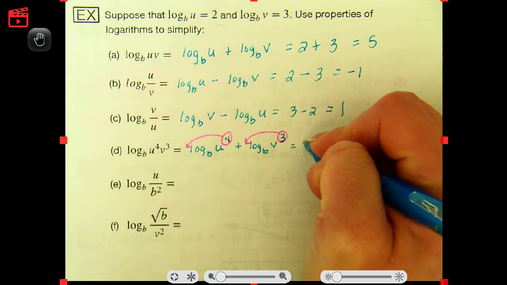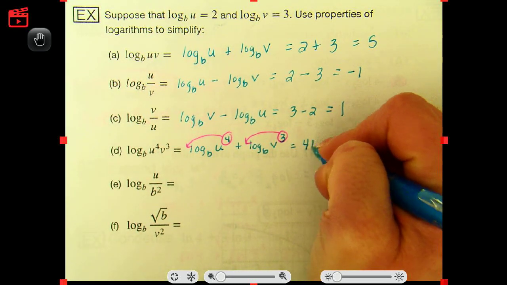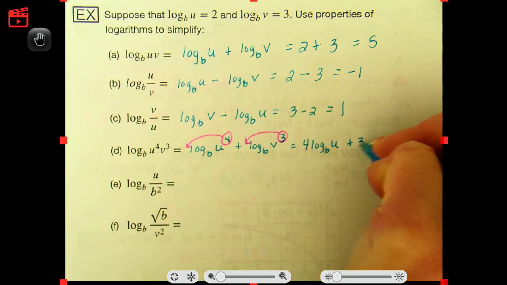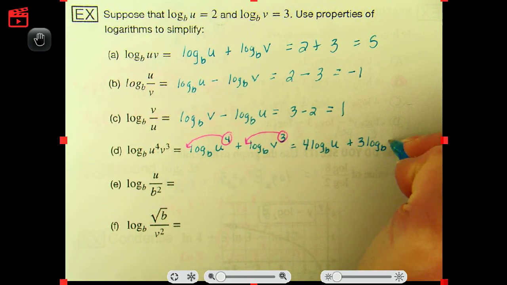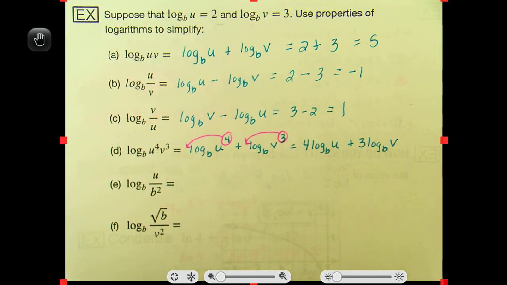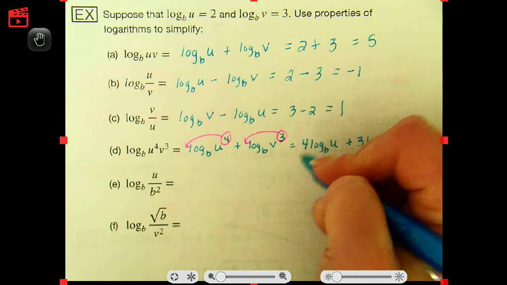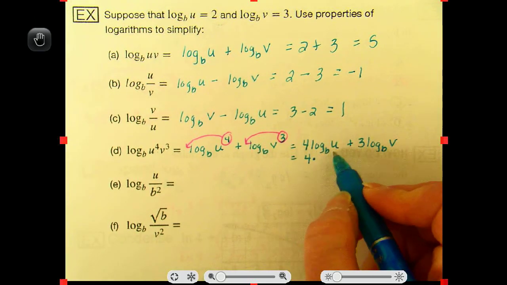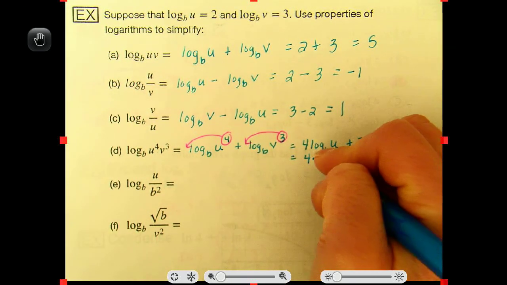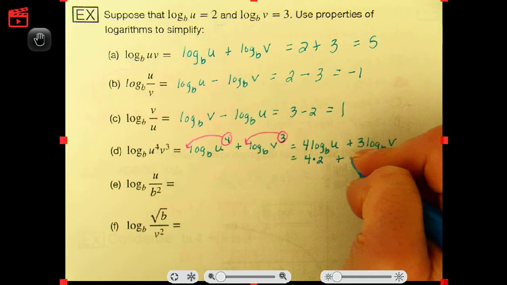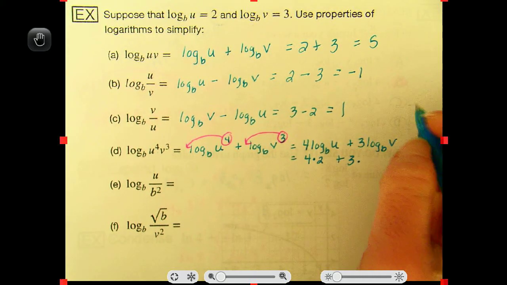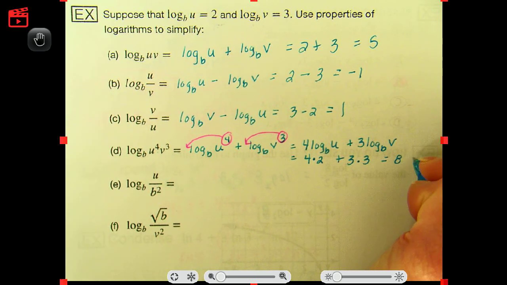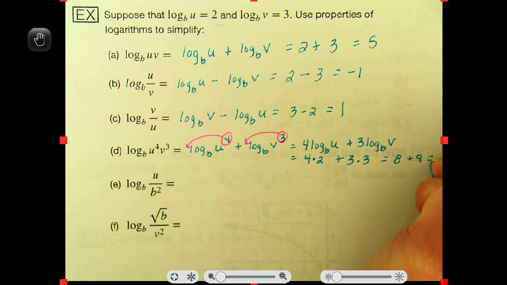So it looks like I have 4 times log base b of u plus 3 times log base b of v. I'm going to try to squeeze this underneath. So it'd be 4 times log base b of u, that's 2, plus 3 times log base b of v, which is 3. That would be 8 plus 9, which is